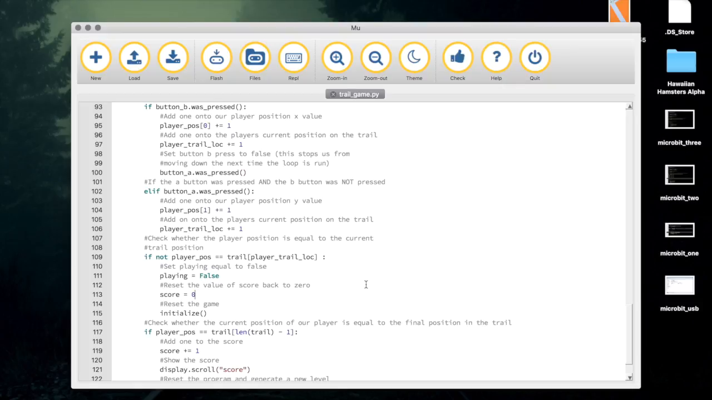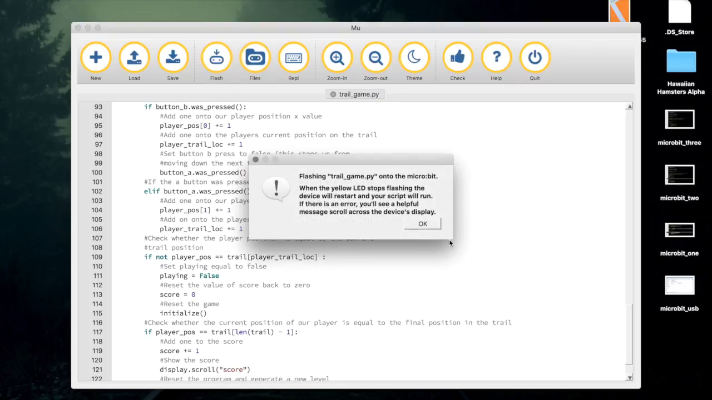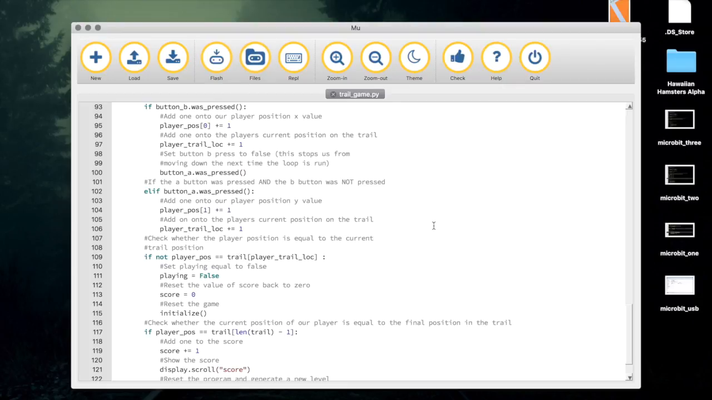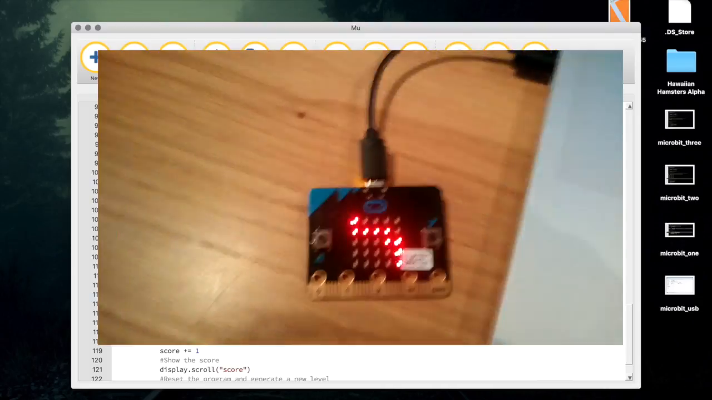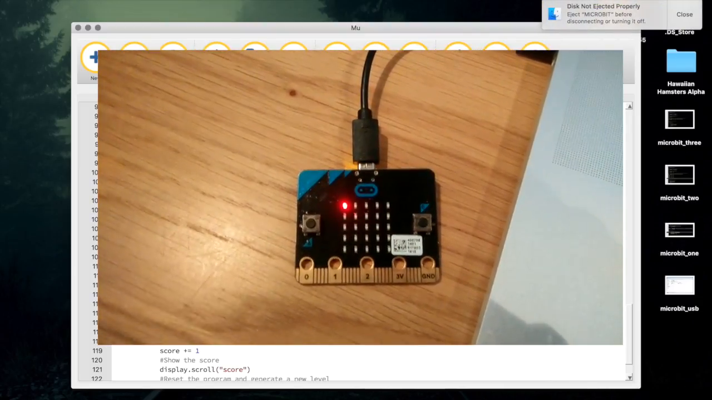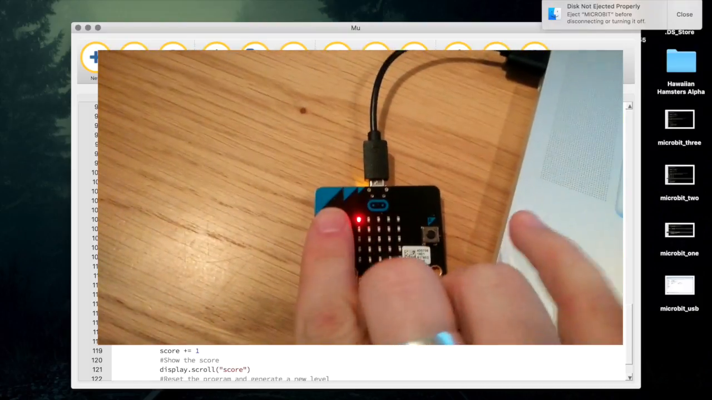Now it's down to me to actually correctly remember where any of these trails are. So let's flash this over to the Microbit. I'm going to record it, and basically the only way we can check this works is if I actually remember where a trail was. So let's have a look. So down, across to there. So we're going to go down first,